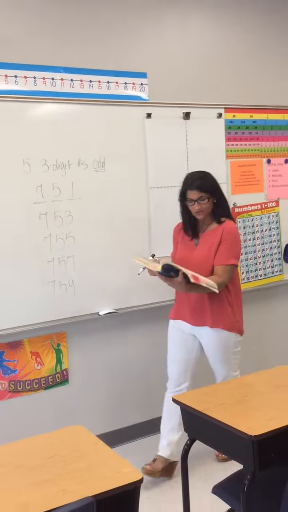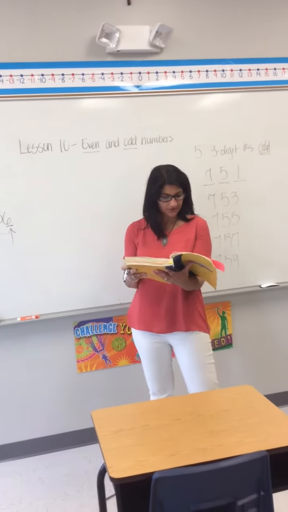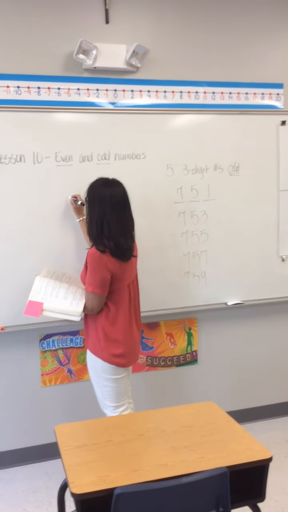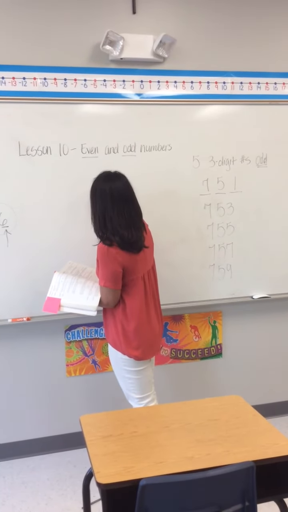Okay, good job. Just a note about even numbers. An even number of objects can be separated into 2 equal groups. That's another way you can test if a number is odd or even. Say we have